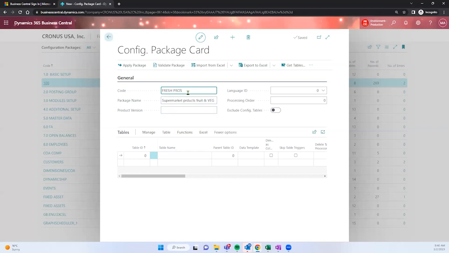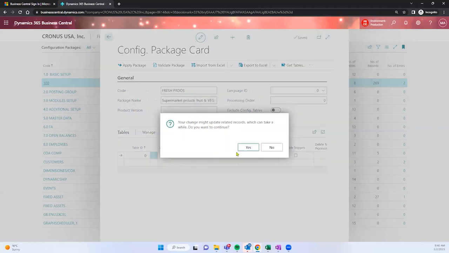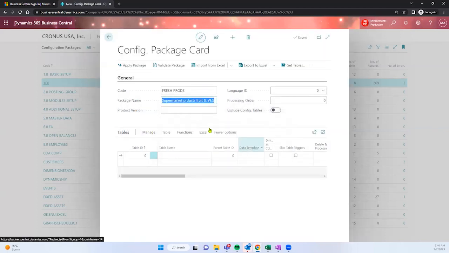Now, after you have created your first code, sorry for this, let me just edit it. There it goes. Okay, I have created a code for my package. This is fresh products and supermarket. Okay, this will be only for fruits and vegetables. Now, the only field that we're going to need is the product version, let's say